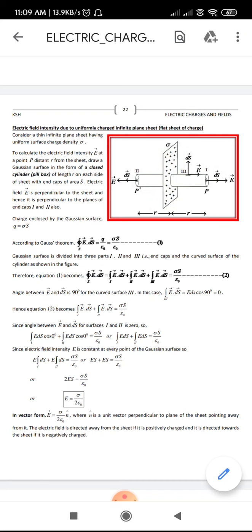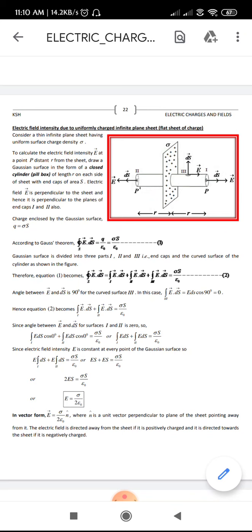Similarly, when you take the second part, what happens? The area vector will be directed towards the left, and similarly, the electric field will be directed away from the surface, that is towards the left side. So the angle between vector E and vector ds is equal to 0, right? Coming to the third part, we have taken a small element in the third part, so the area vector should always be normal to the part we have taken, that is perpendicular to the surface. So vector ds will be directed upward, whereas the electric field will be directed towards the right. Okay, so the angle between vector E and vector ds will be equal to 90 degrees.